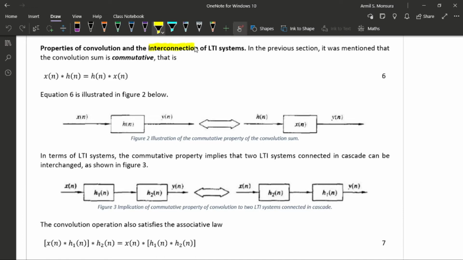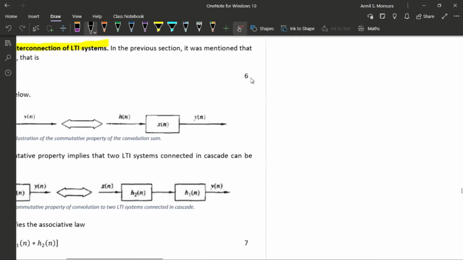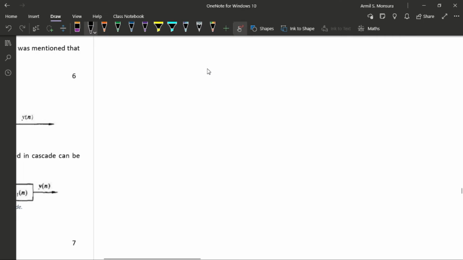interconnected LTI systems. So our LTI systems, or all systems in general, can actually be interconnected. They can be connected to each other. Although the connection between these systems will be ruled by, or rather, the interconnection of systems may have to follow some rules,